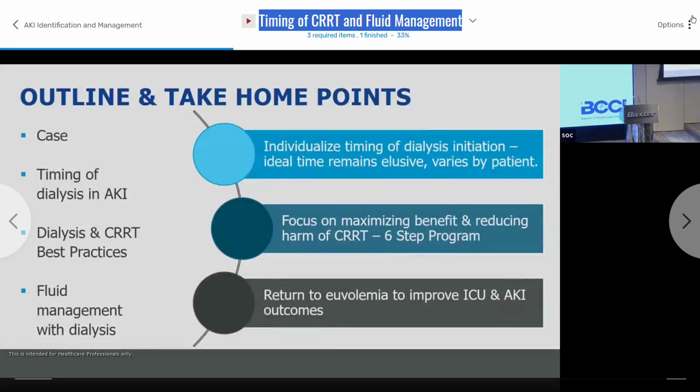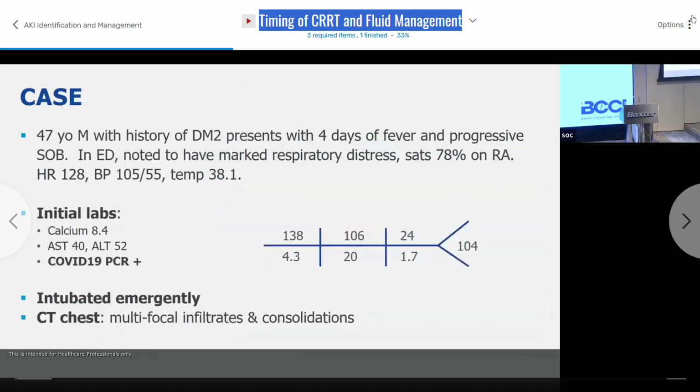So we're adult learners. I've learned a long time ago we need to put our take-home points up front, so that way you know what to pay attention to and when to fall asleep, okay? All right, just briefly, so just to put us in a framework of discussing these important topics, let's just go